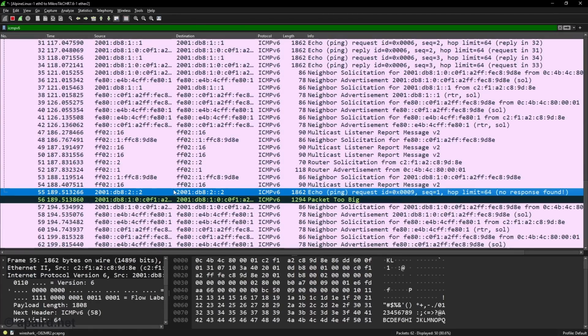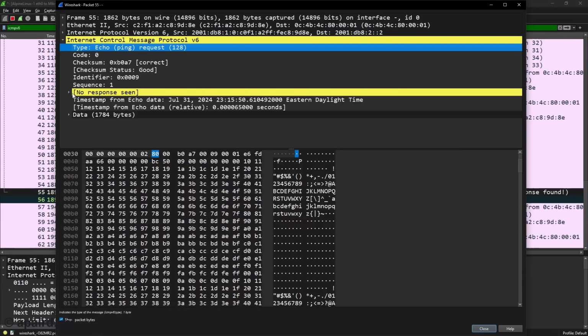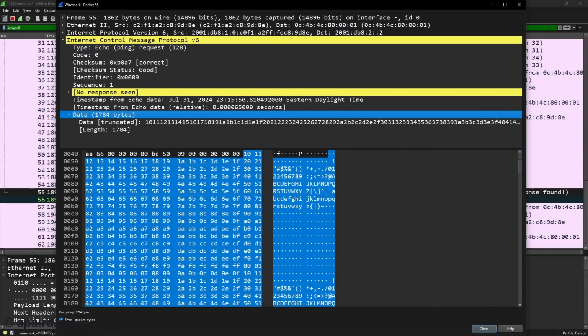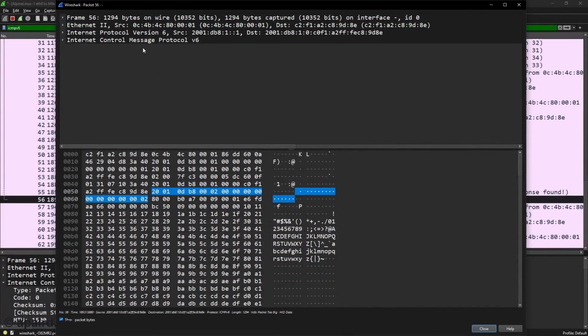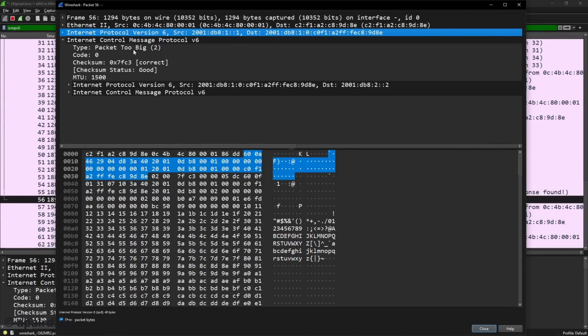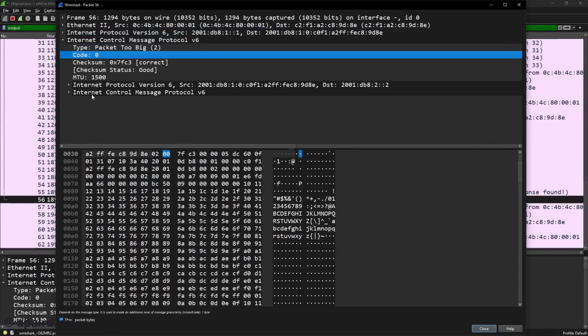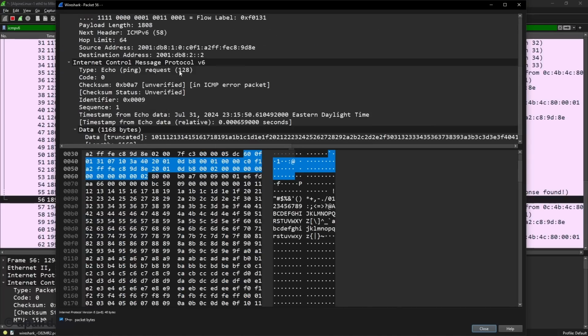So over here in Wireshark, here's my ping. So in this case, I'm on 2001 DB81, and I'm going to 2001 DB82. So I'm crossing a router, and I'm sending a ping request, and no response was seen because I sent too much data. But instead of a response, I get back this. So it came from 2001 DB11, which is the router, and it's sent to me, and it says type, packet too big, code 1, and then here we have an IP and an ICMP header, which is actually my original